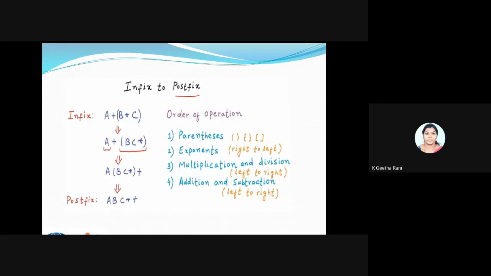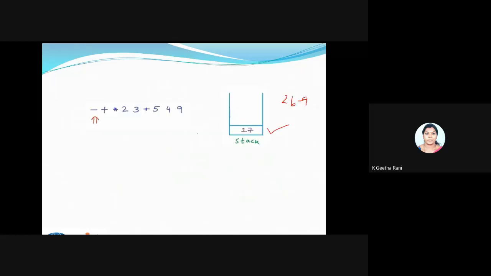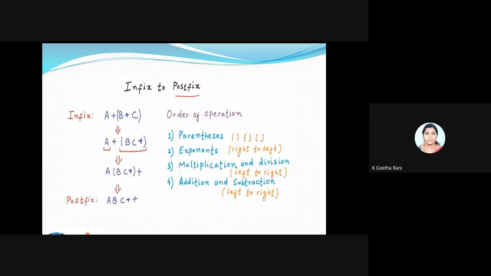Fine. So now we are going to see the conversion algorithm. Till now we have seen the evaluation process, how to evaluate it in two ways. One way was using the order of operation, and another way is using your stack. Now we are going to see this conversion of infix to postfix. This is the normal way we do based upon the order of operation.